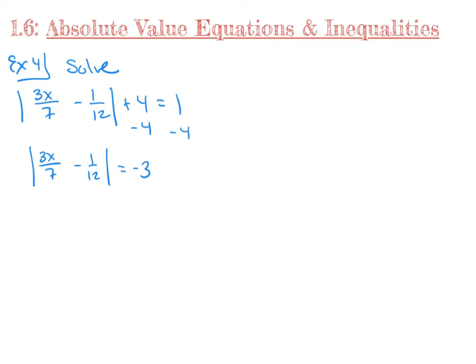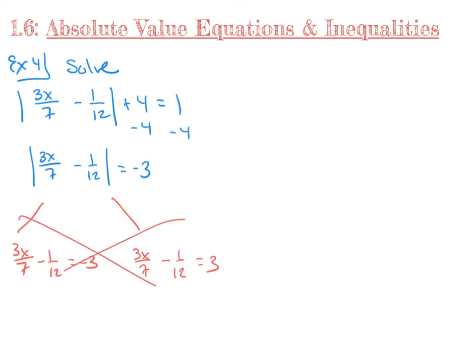Now there's a very important thing that you need to do at this point. Stop. Because you have an absolute value and rather ugly fractions with which to solve, what you do not want to do is start setting 3x over 7 minus 1/12 equals negative 3, and another one equals positive 3. You don't want to do this because remember, we think of absolute values as distance to 0,